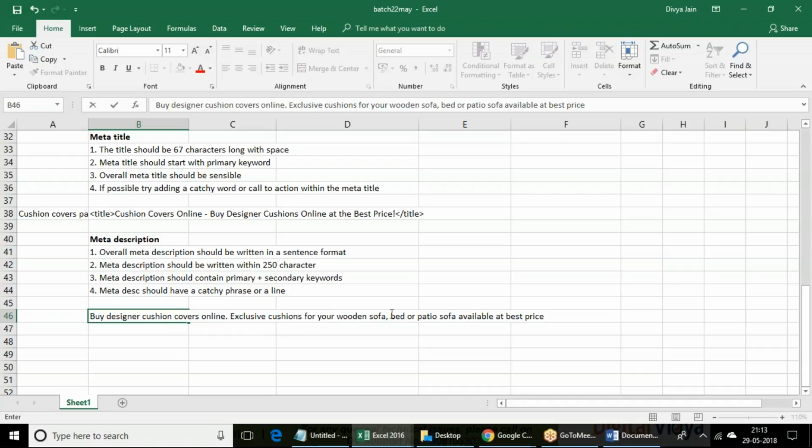Okay, exclusive cushions for wooden sofa, bed, or patio available at best price. Order now, and